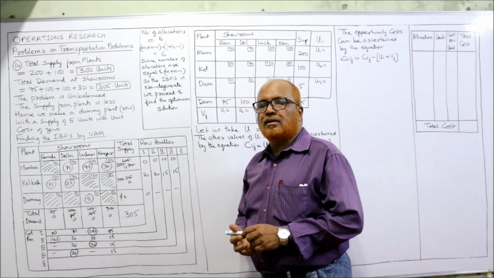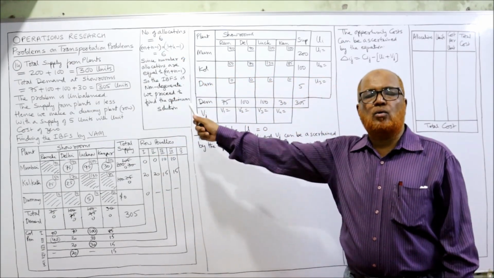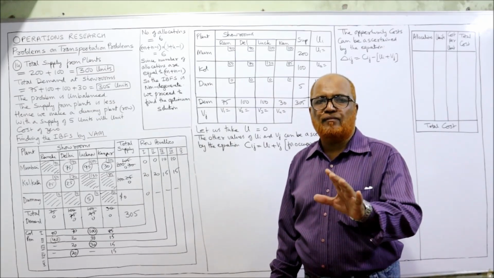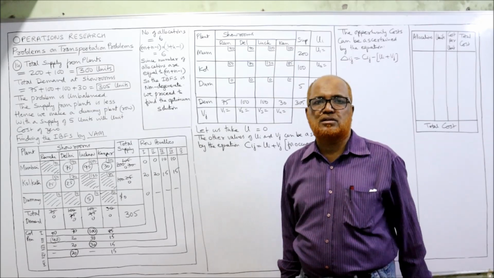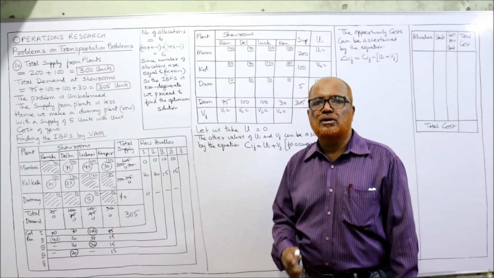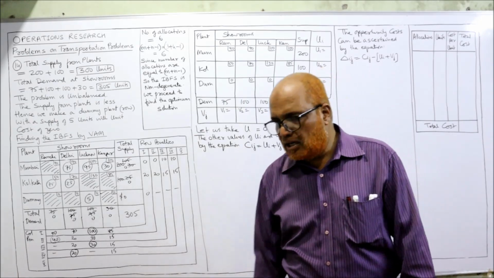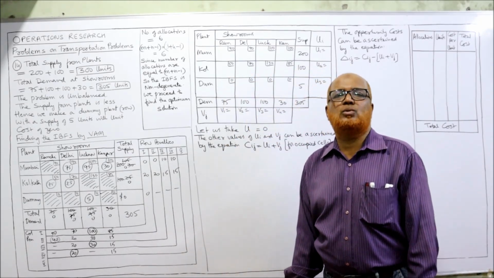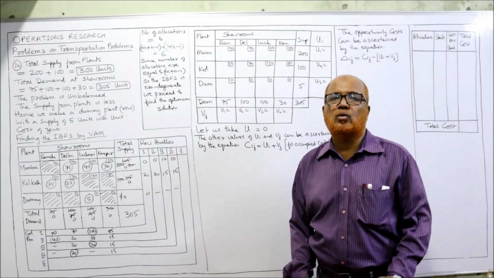So what do you observe here? The number of allocations is equal to m plus n minus 1. That means the IBFS is non-degenerate. We can proceed ahead to go for the optimum solution. Now I am going to find the optimum solution by finding the opportunity cost of unoccupied